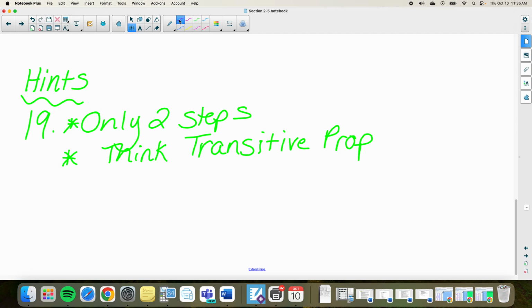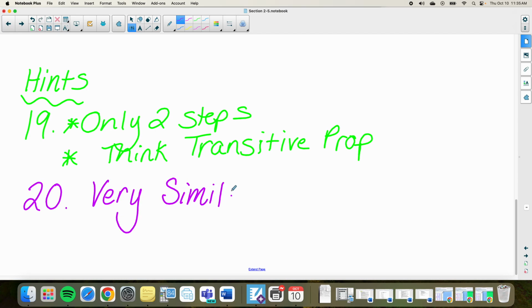The other hint I have is for number 20. It's very similar to number 9. So when you get to number 20, if that one's hard, go back and look at how we did number 9, and that's the one we just finished here, and that should help you. I have a key over on the podium that you can take pictures of, and I have a key, I believe, that's linked in the snapshot that has the problems done. But I would try to do